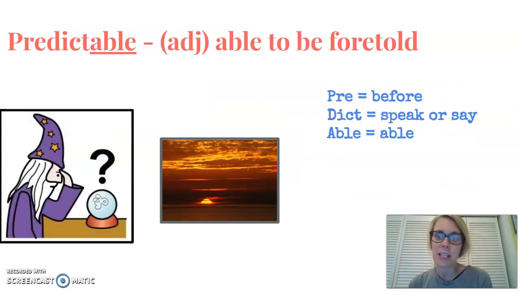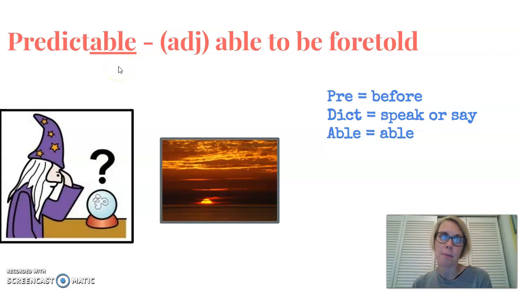The next word is predictable. Say predictable. The suffix is -able. Adding -able to the word predict makes it an adjective, meaning able to be foretold. This is a word that you already know. The prefix pre means before. We learned the prefix dict, which means to speak or say. And now we know the suffix -able